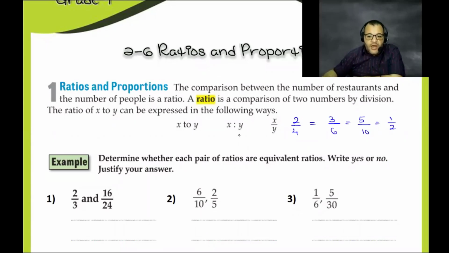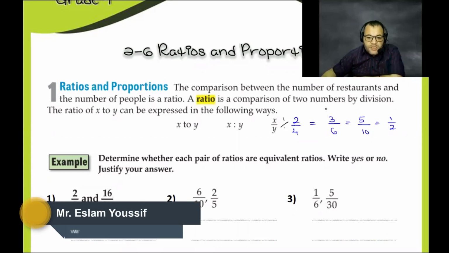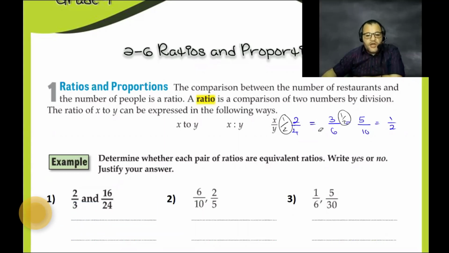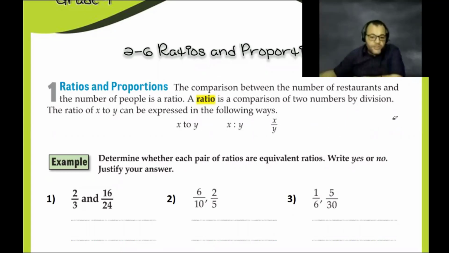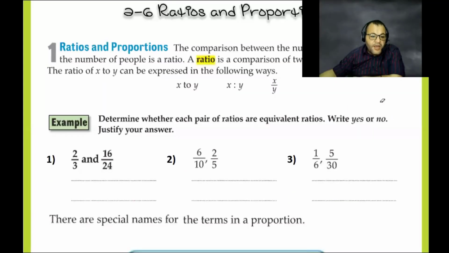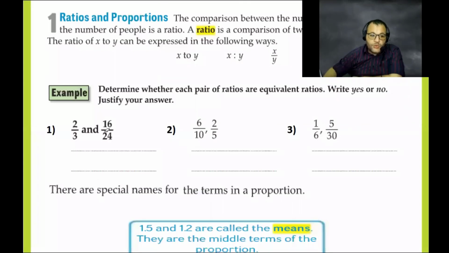How can we say that they are equal? By writing the first one in the simplest form. What is the simplest form for the first one? It's 1 over 2. What is the simplest form of the second one? It's 1 over 2. Is 1 over 2 equal to 1 over 2? Yes, so they are equal. And that is the first idea of our lesson today. We can find if they are equivalent ratios or not by simplifying the two ratios.